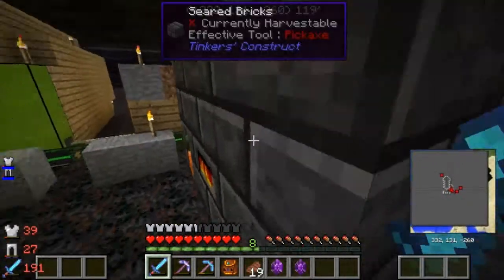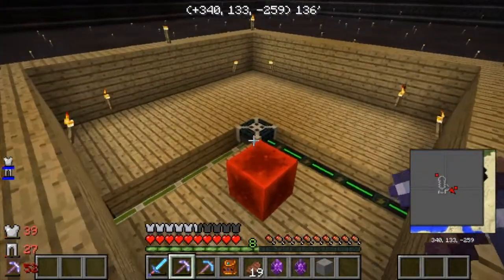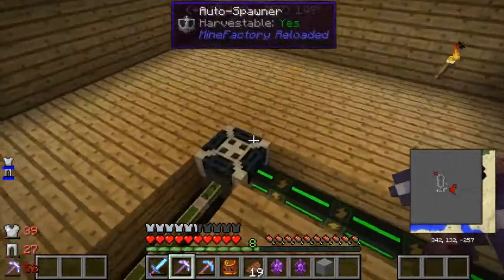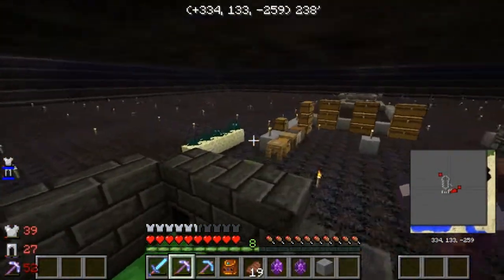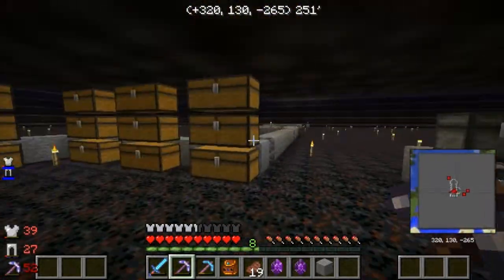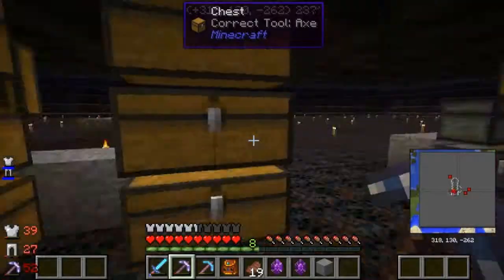My sword isn't great enough to take care of Endermen in a single hit or 2 hits even, so spawning them in here is a bad idea. They just teleport away and then it's just a hassle. So I'm going to wait for those things to grow up. Doesn't take too long, but in the meantime